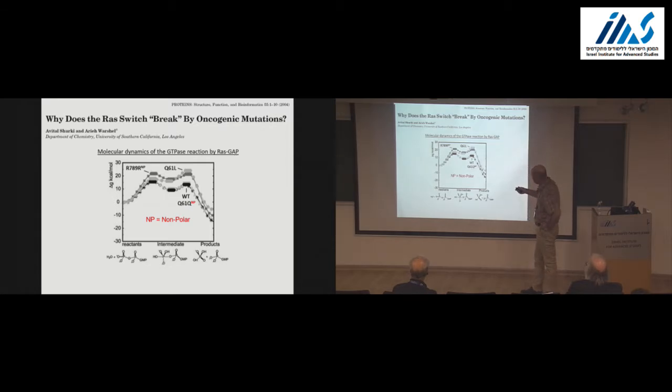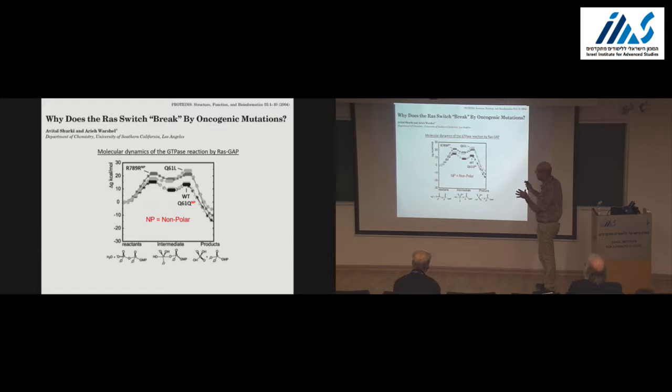So for example, this is the famous mutation of the glutamine, Q61L of RAS, looking at the energy of the different states along the pathway of the reaction. You should look at these peaks here, which are the transition states. If the transition state goes up in energy, it means that the reaction is slower, of course. You inhibit the reaction. And indeed, that is what happens with glutamine 61 when you mutate it to